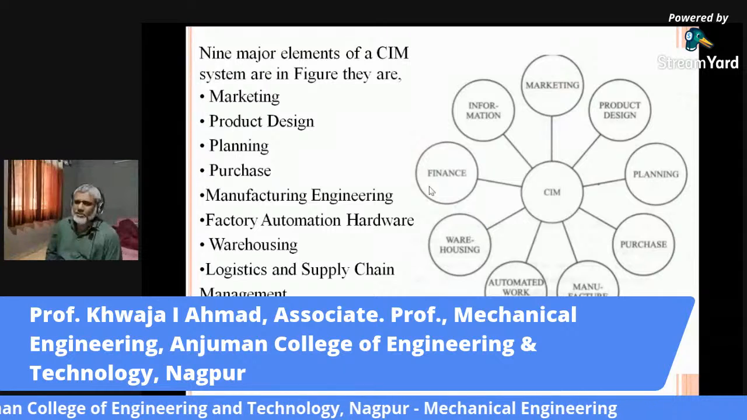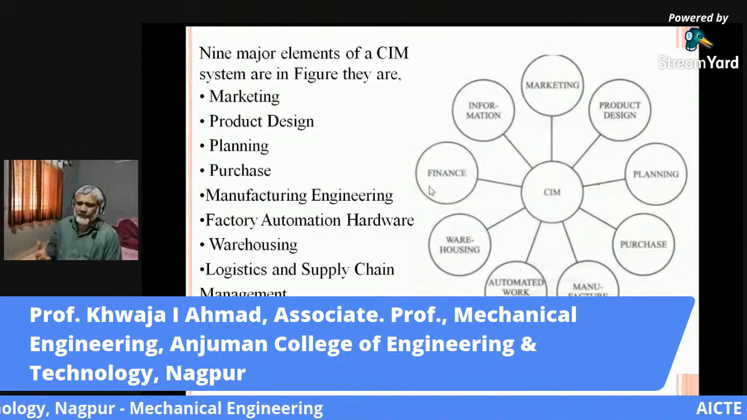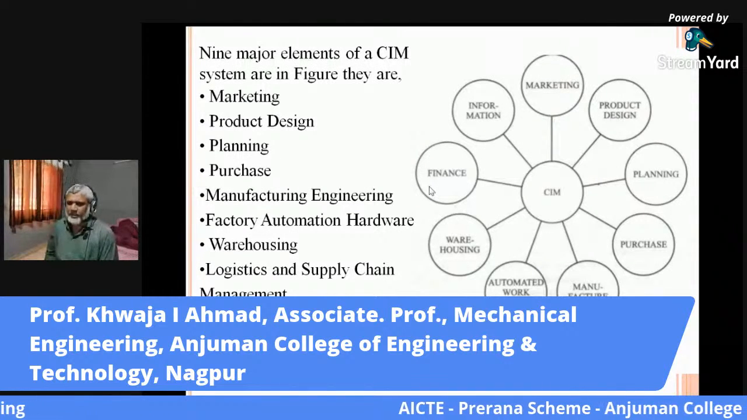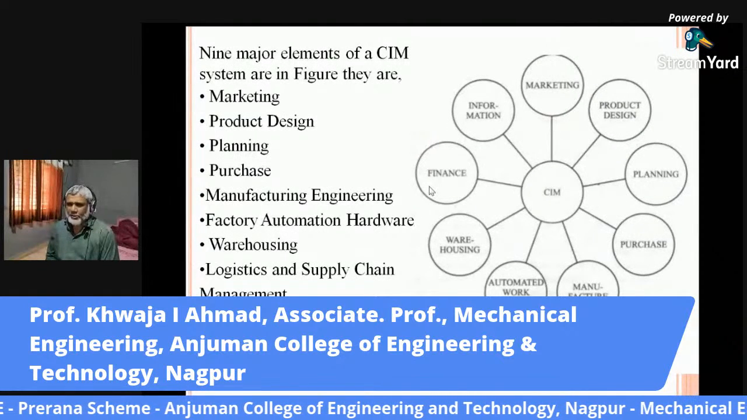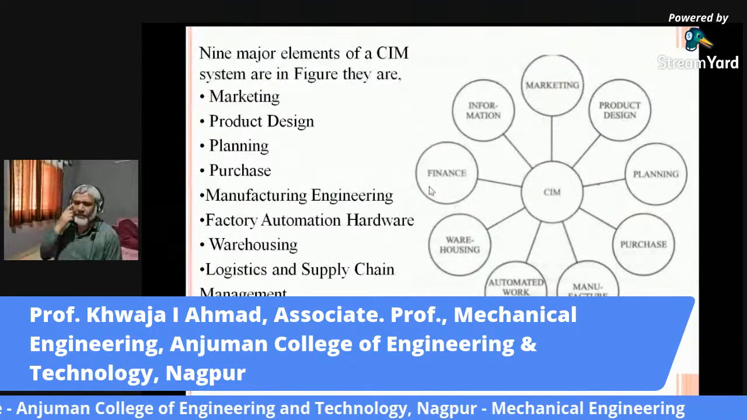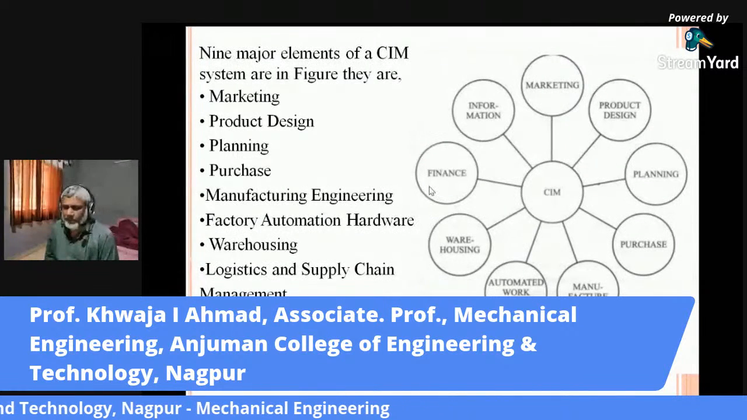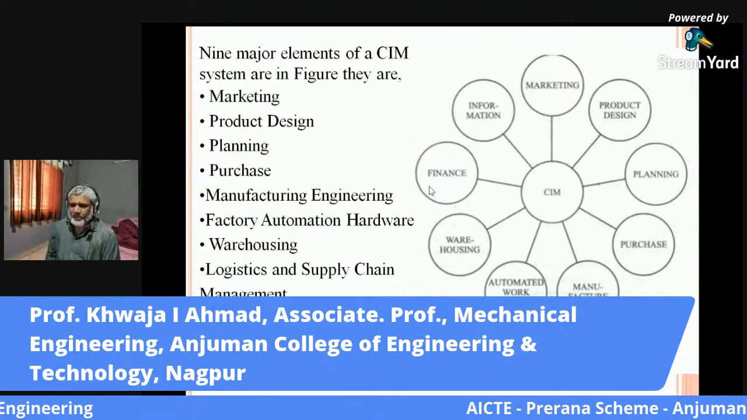Nine major elements of a CIM system are shown here, and we have already discussed them. Once again, we will try to understand what the major elements of a CIM system are. One is marketing, product design, planning, purchase. Even purchasing activity is also done through the computer system, and the record is kept there, available at the fingertips. Manufacturing engineering means